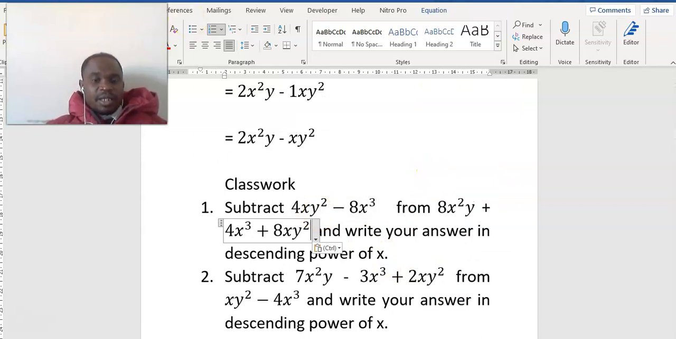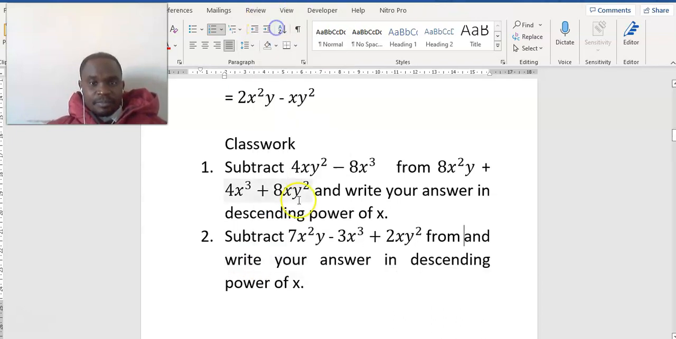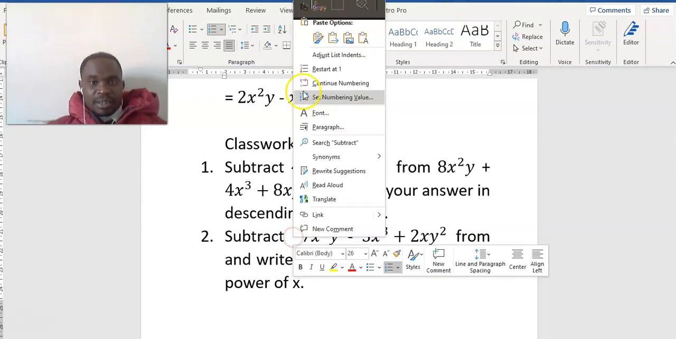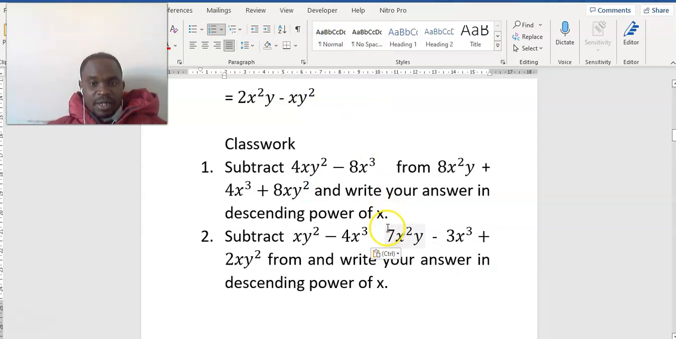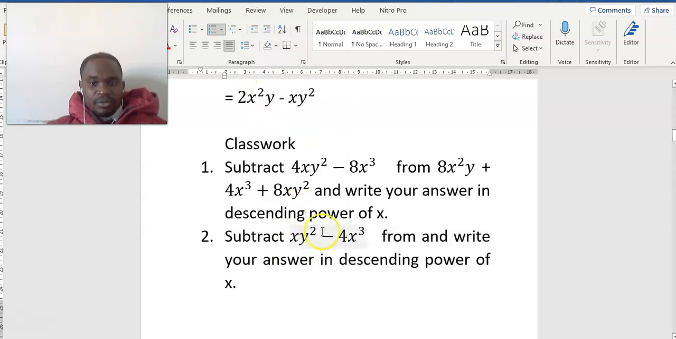Okay, then this one also, this must come. What do you think this one's supposed to be? This must come here. So we are subtracting this one from